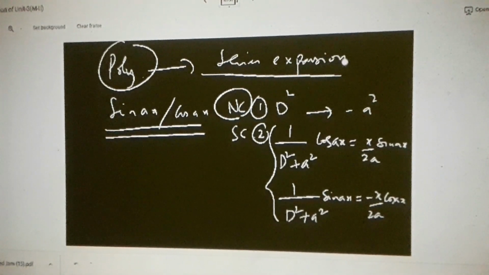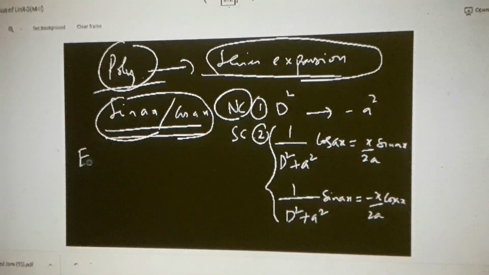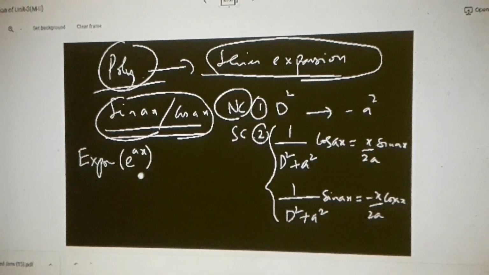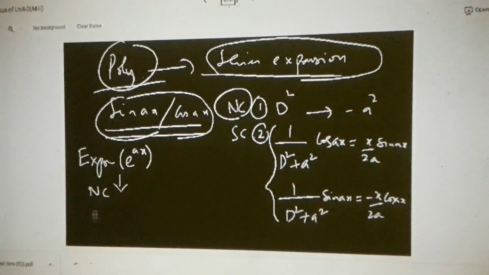This is the work for dealing with polynomial. For sin or cos, this is the work, and for exponential I'll write it here itself. For exponential, meaning e to the power of ax, again there are two cases, that is normal case and special case. Normal case, d value equal to a. In the special case,